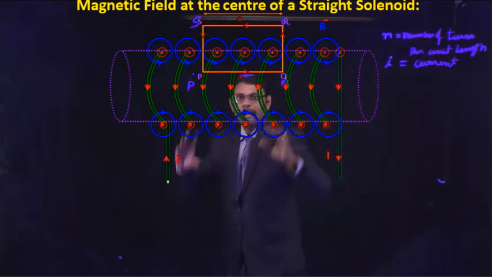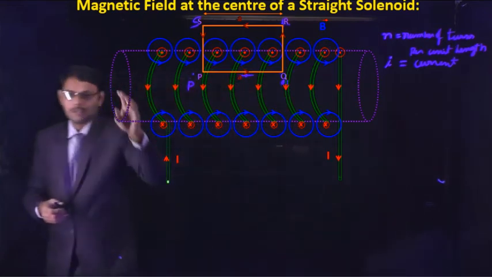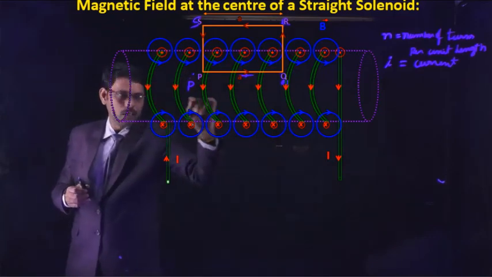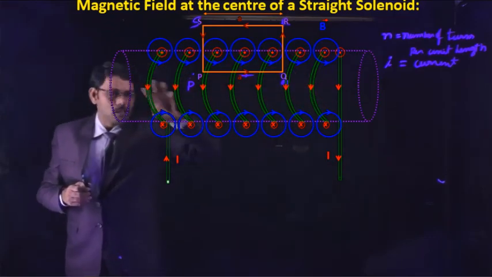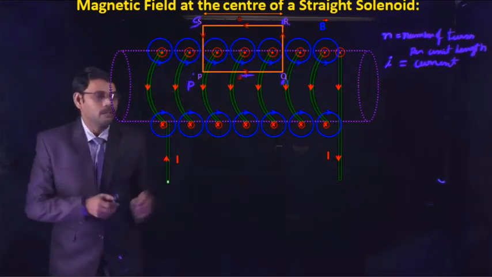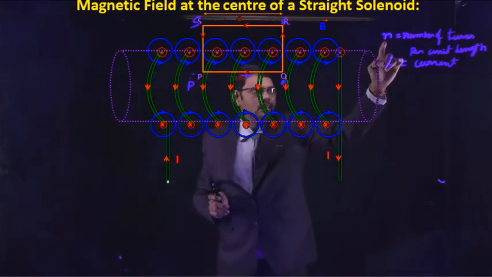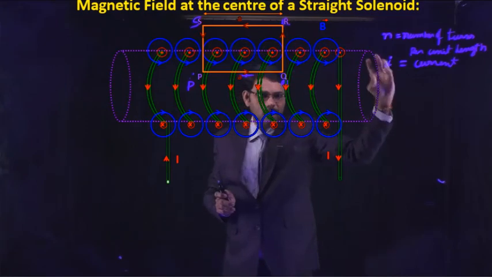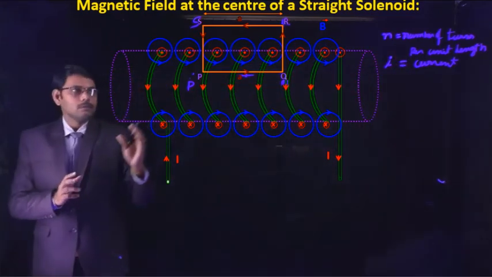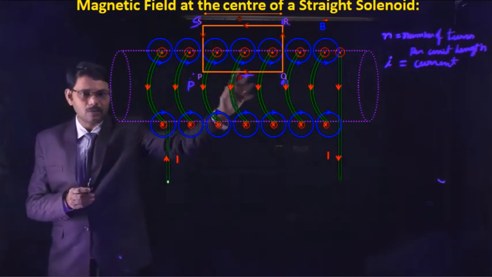The aim of this explanation is to find the magnetic field along the axis of the solenoid. So along the axis of the solenoid there is some magnetic field, and we have to find it. That is our aim. For that, we consider n as the number of turns per unit length of the solenoid, and I as the current passing through the solenoid. Now, by using Ampere's law, we find the magnetic field along the axis of the solenoid.